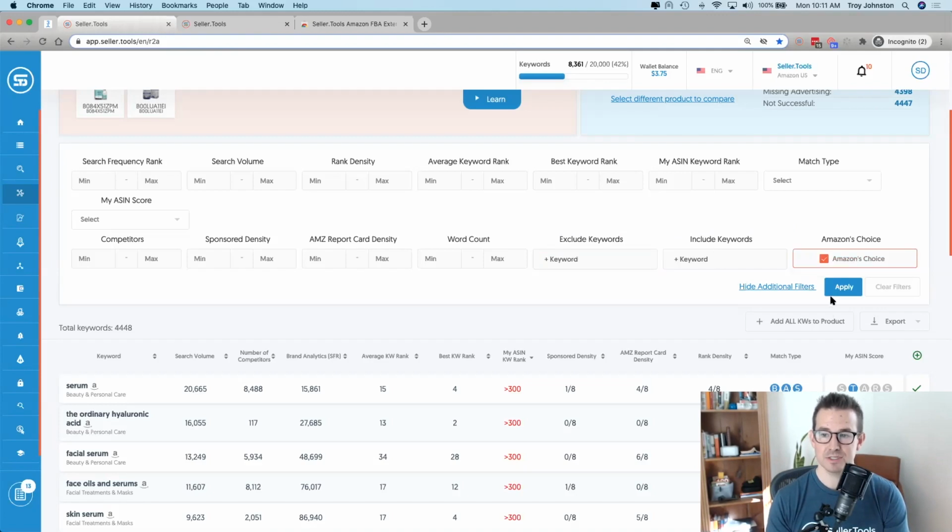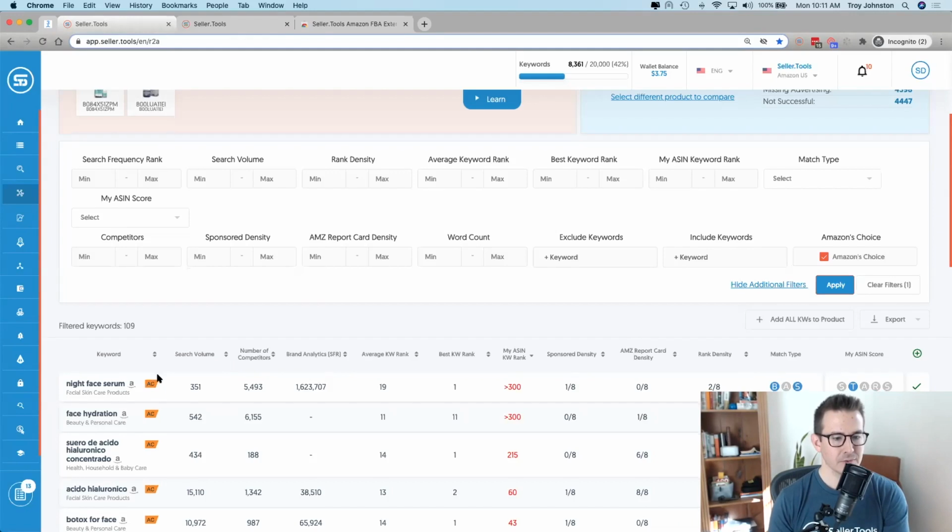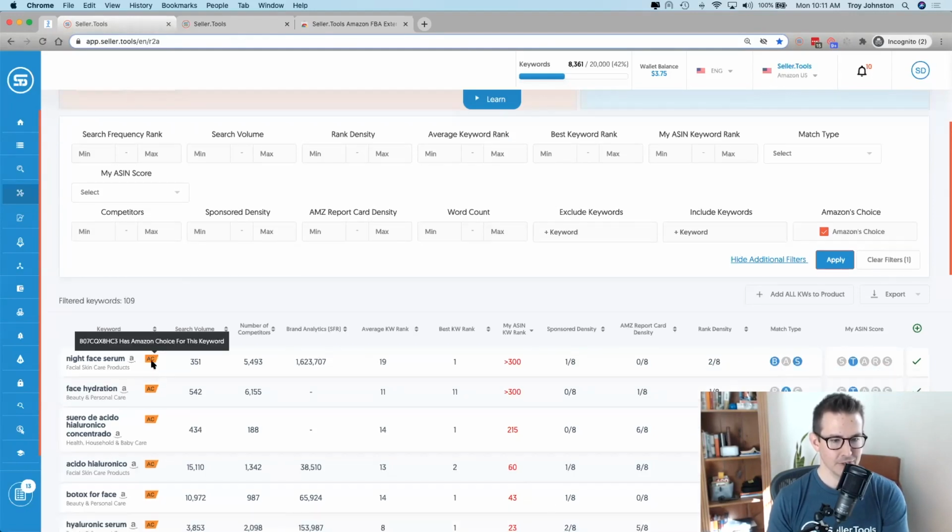You can look at simply keywords that are showing up in Amazon's choice. You get the badge and indication here for those target ASINs. If any of them are showing up with Amazon's choice, again, when you hover over them, you can see the ASIN. But another really cool way of seeing where those top competitors are winning is this, again, an opportunity to capture a potentially